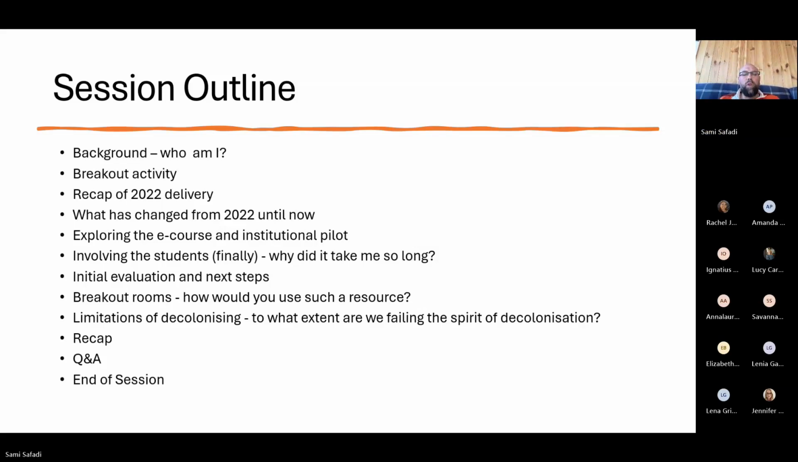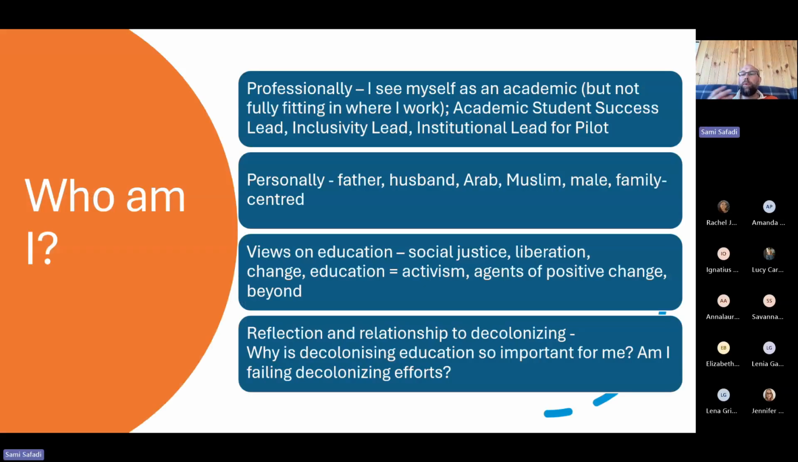Okay, so you have a bit more of an understanding of who I am. Personally, I am a father and a husband. I'm Arab ethnically and Muslim. I've lived probably about half of my adult life in the UK and half outside the UK, but I was born and raised in London, down south. I now live in Greater Manchester. I consider myself male, and I am